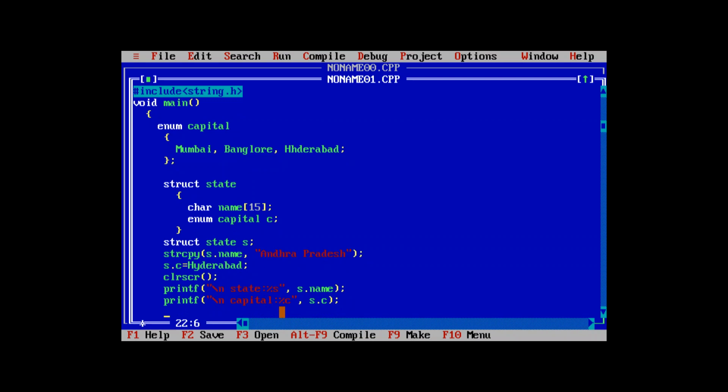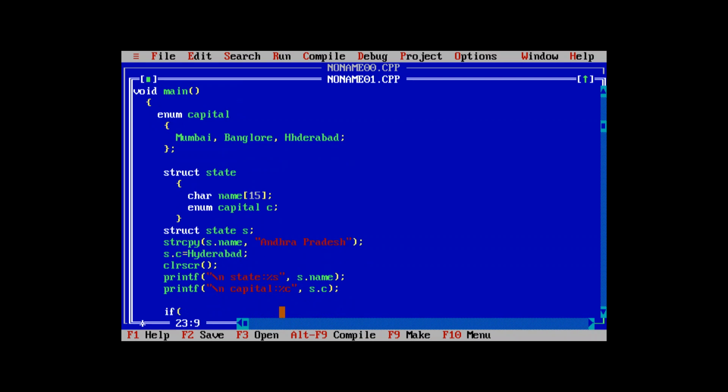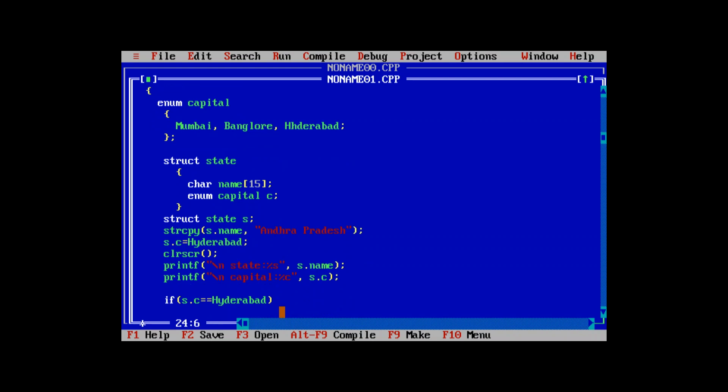Now check the condition. If S.C equals Hyderabad, then printf "Hyderabad is a capital of %s". For example, in the next line,